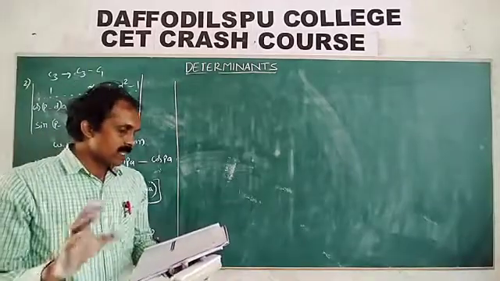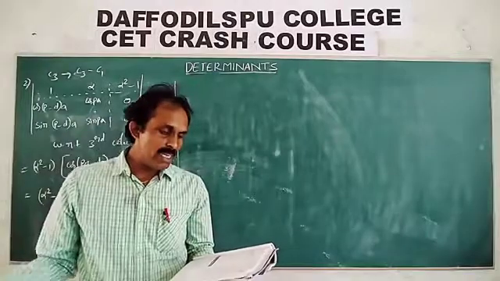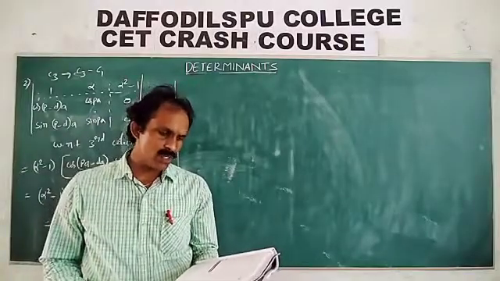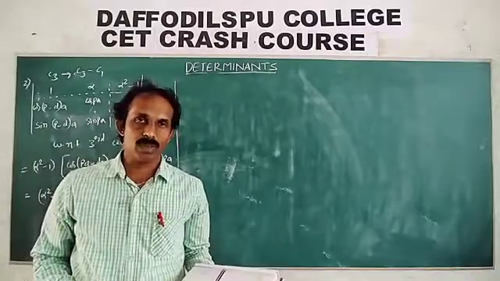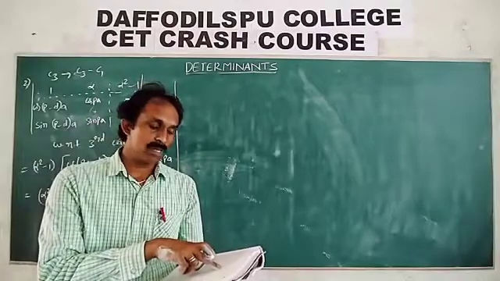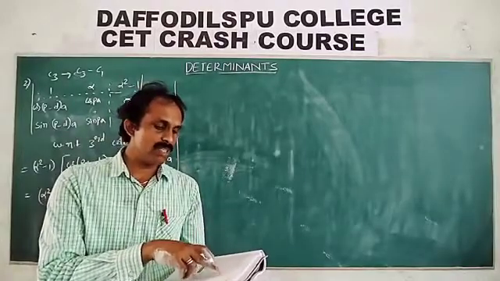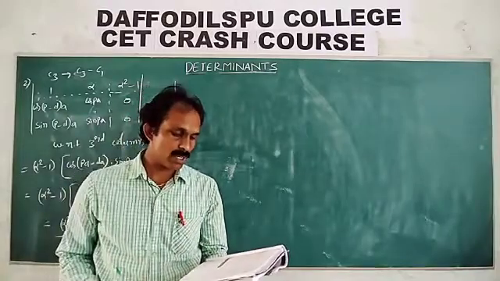Next, third question. Just expand the left side determinant, and on the right side some values are there, a into x to the power of 4 plus b into x cube. This side also we will get x to the power of 4. So compare the elements and substitute 5 in place of 5a, 4b, 3c, 2d plus c. You get the answer, some value. Okay, do this as homework.